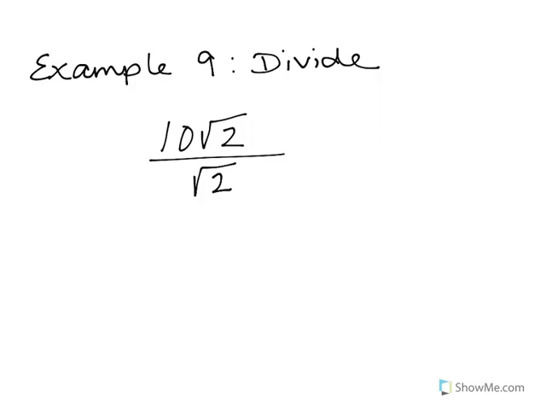So now here, dividing 10 square root 2 divided by the square root of 2, anytime you divide something by itself, it cancels out and gives you 1. 10 times 1 is